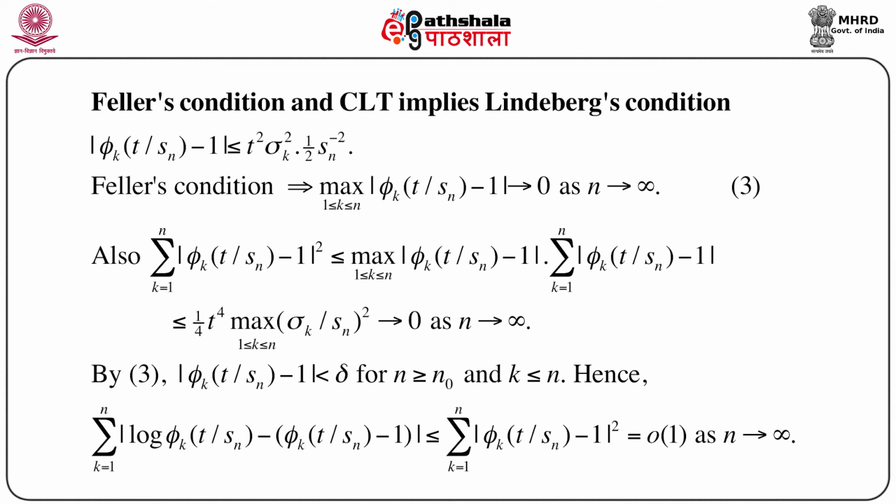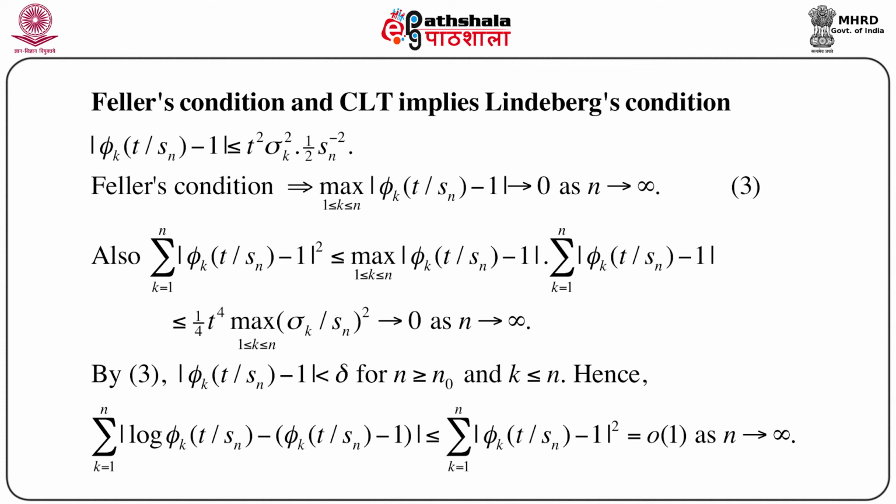So by equation 3 we can immediately write that modulus of phi k t by Sn minus 1 is less than delta for n greater than equals to n naught. N naught is very large and k less than equals to n. Hence, using all the arguments we have just discussed here, we have